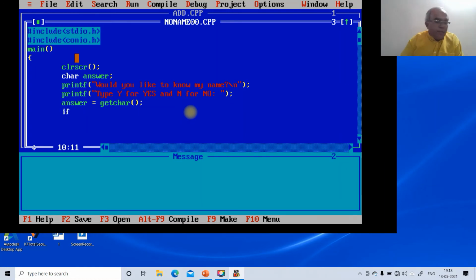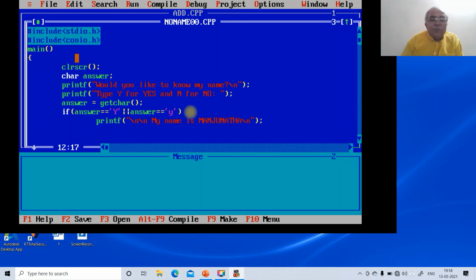If answer is assigned with yes, Y, or answer equals small y also, that means it's case sensitivity. Then printf "\n My name is" and so on, "\n".